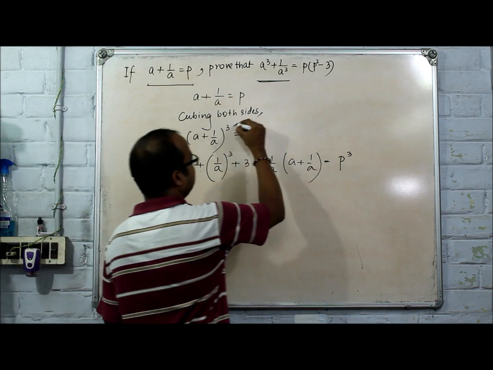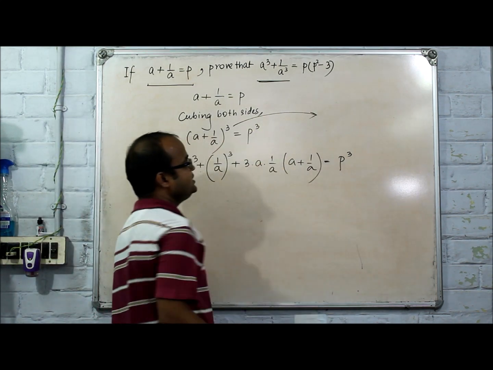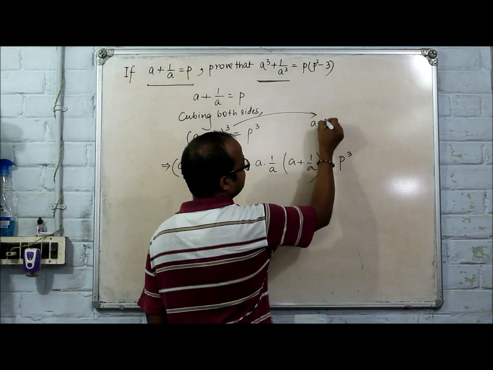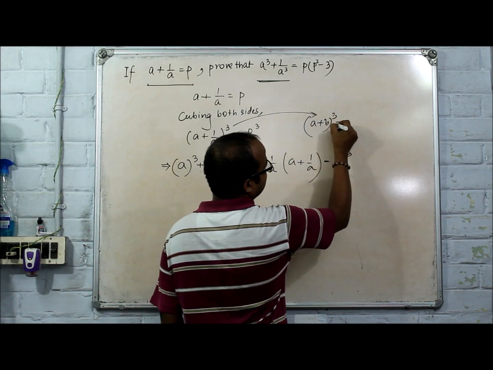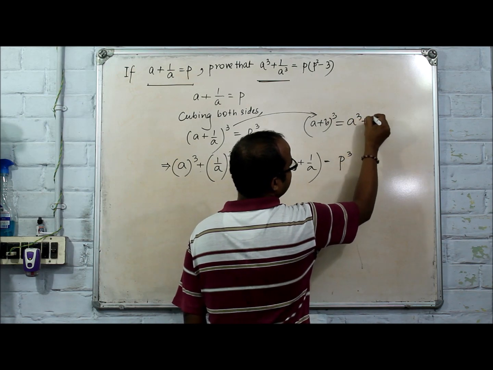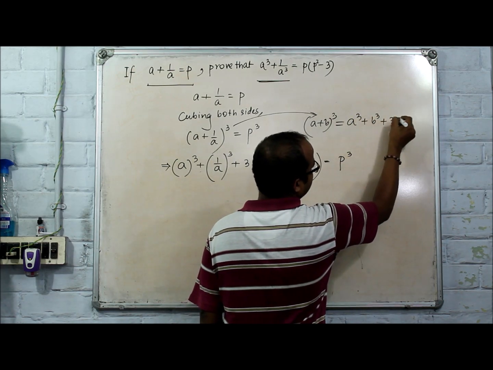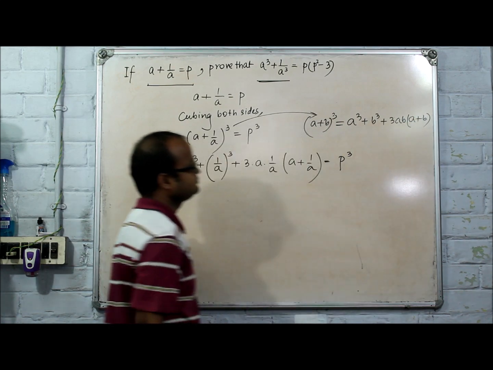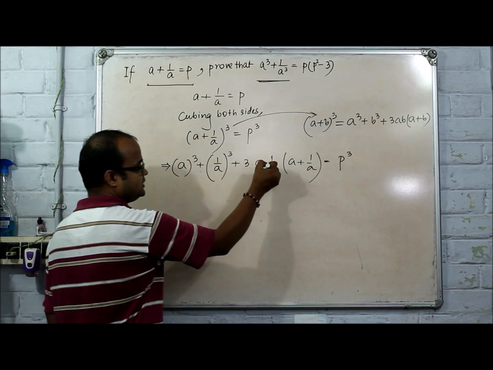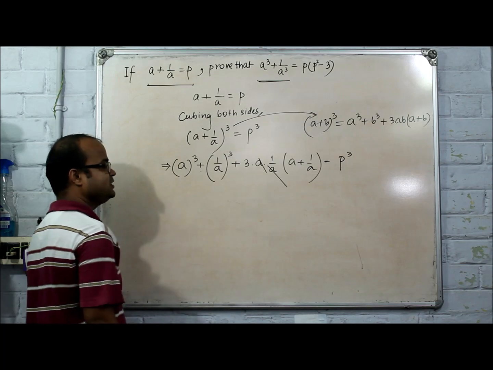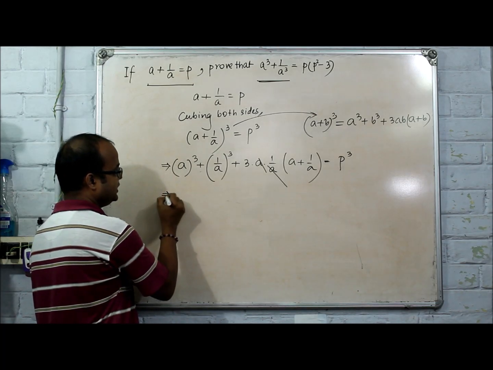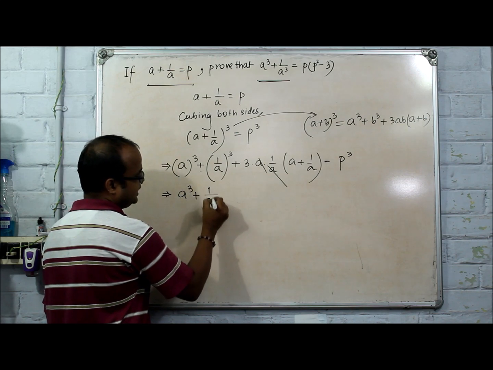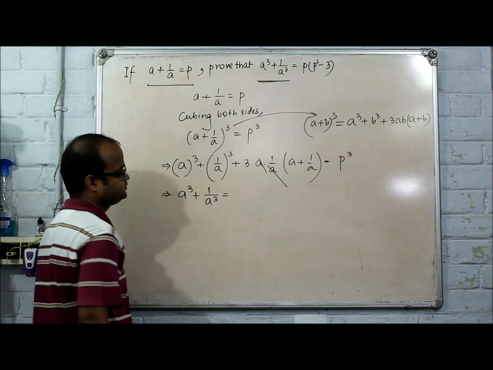Here we are applying the formula. For your reference, I am trying to write the formula so that you can compare: a plus b whole cube is equal to a cube plus b cube plus 3ab into a plus b. Now this a and this a will cancel each other. So you get a cube plus 1 by a cube plus 3 into a plus 1 by a is equal to